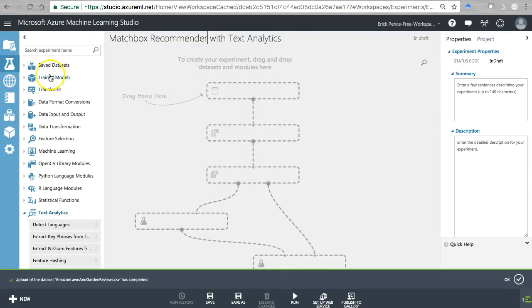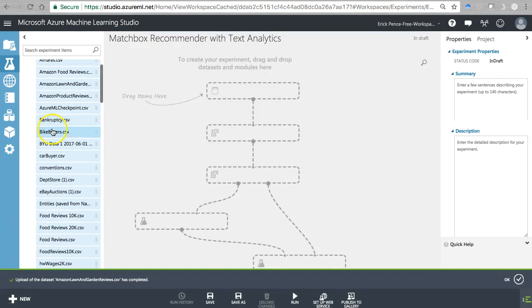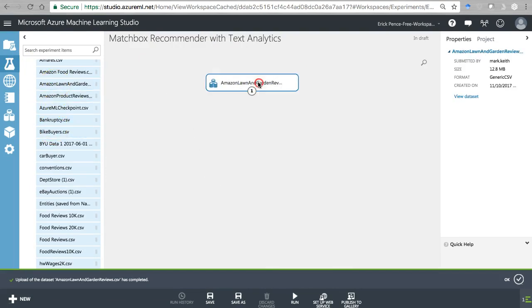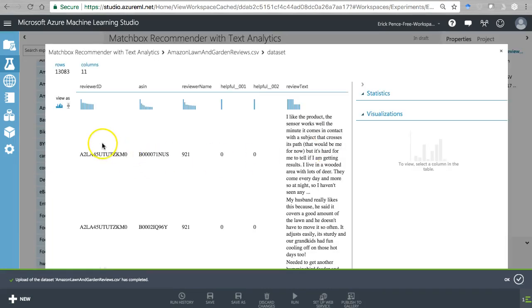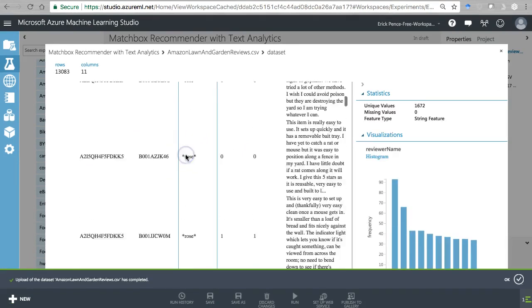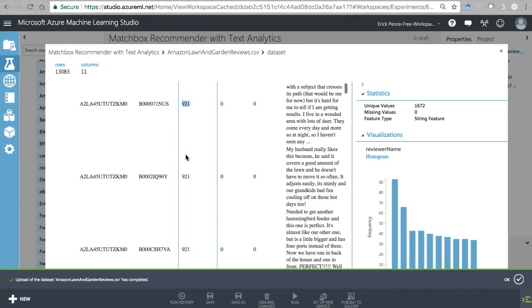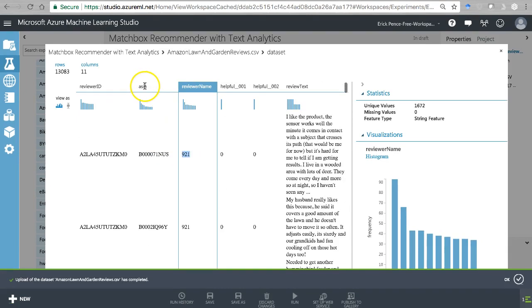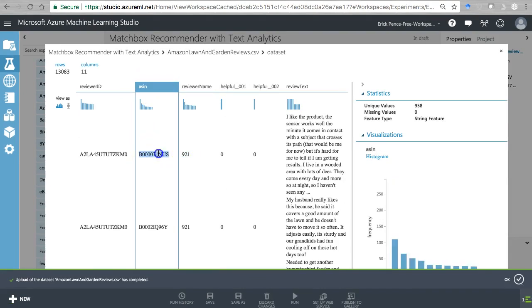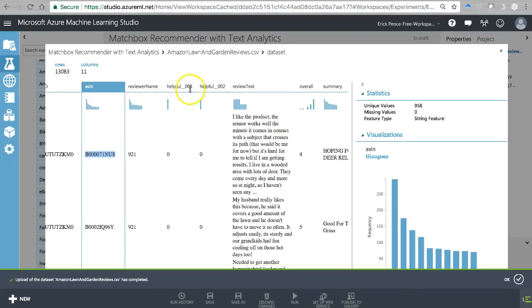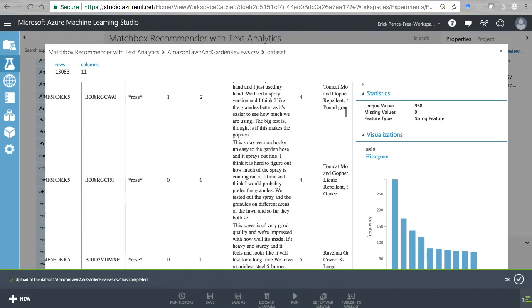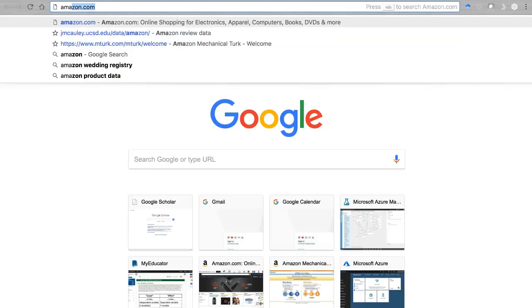All right. So here's my saved data set, Amazon lawn and garden. Let's explore that real quick. So I've got reviewer ID, the actual reviewer ID, and their registered reviewer name. We don't really care or need the name right now. ASIN, that's Amazon's internal product identifier. Helpful, 01 and 02, I'm not sure of the difference. I haven't checked their documentation on the difference in time here, but helpful is a score that comes from